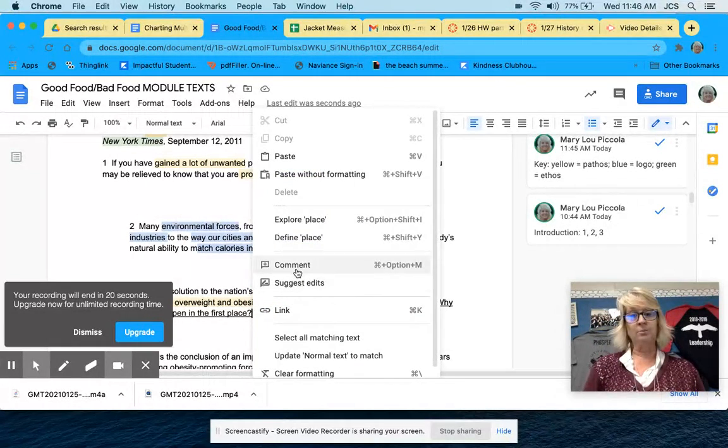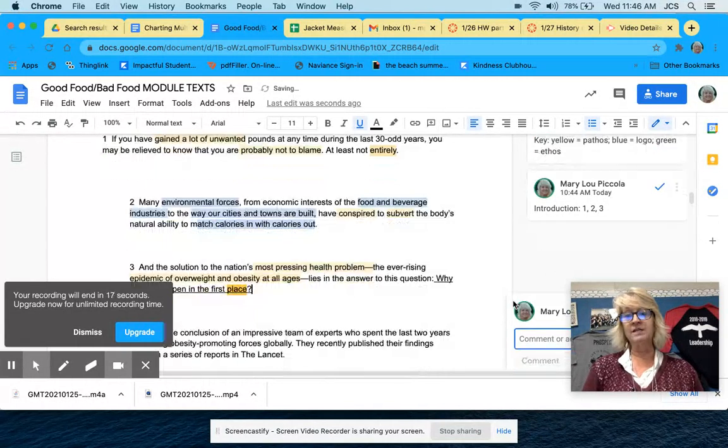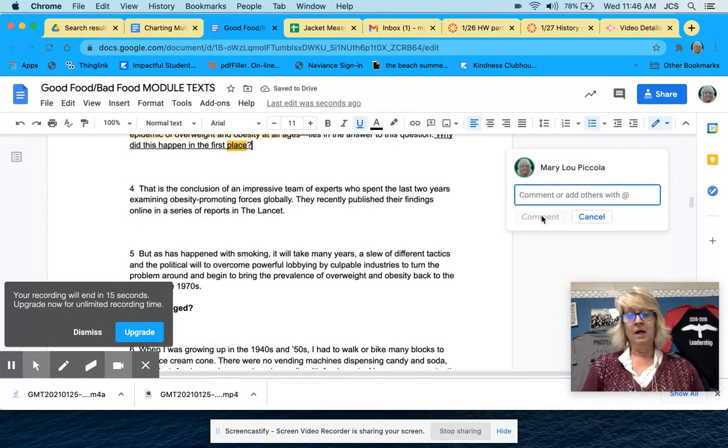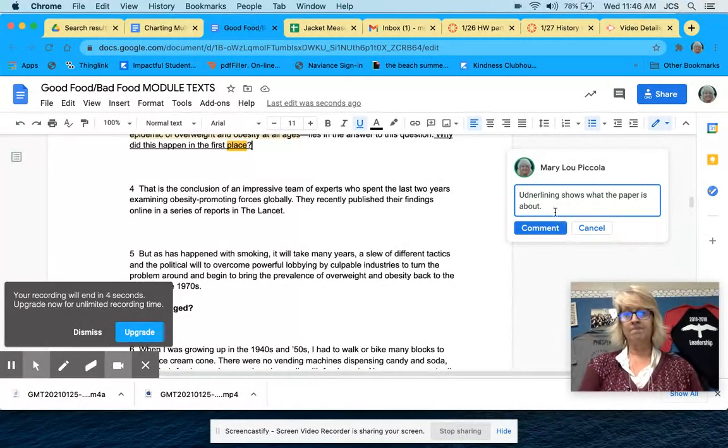So that's what I'm going to put in my comment. The underlined section means underlining shows what the paper is about. And then I'll put,